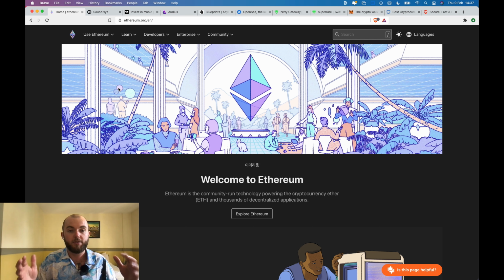This is payment for the service and is very similar to any other business that you are getting a service from. Some of the positives of using Ethereum are that it was the first one to really get this idea of building other applications on top of it. It has therefore been tested the most. It is the second largest crypto by market capitalization. It has had the most development on it. It has the most money in the space. It has the most things built on top of it. It is essentially the big boy in the space.